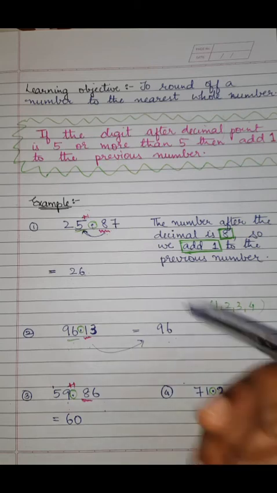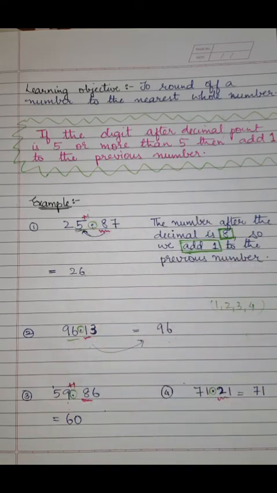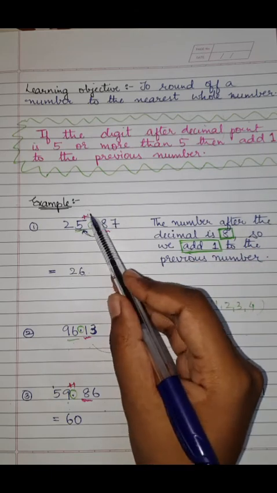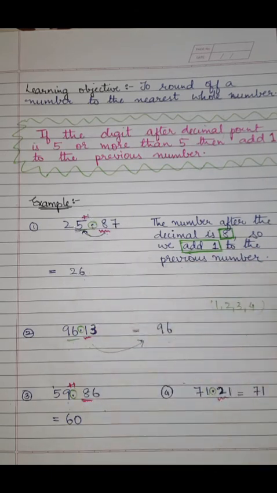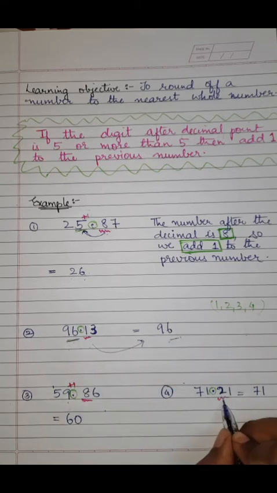See now, I said you should add 1 to 5. What if you just do 25 plus 1? 25 plus 1 is the same as 5 plus 1 which is 6 and 2. So what you do is you just add 1 to the number before the decimal. Here you have 1 which is less than 5. So the answer remains the same. The value before the decimal is your answer. Here you have 2 which is again less than 5. So the value before the decimal is your final answer.